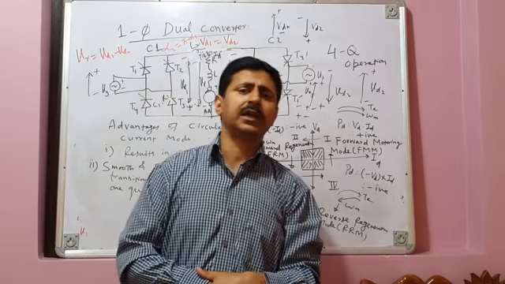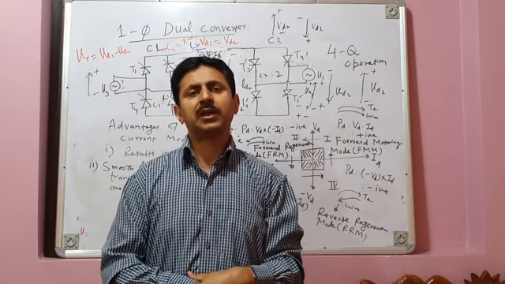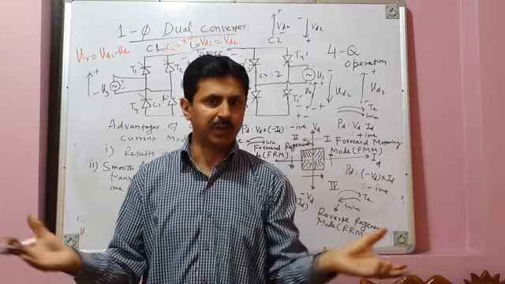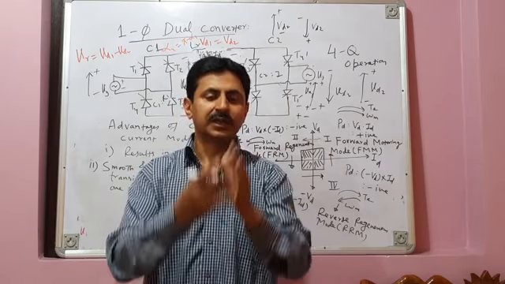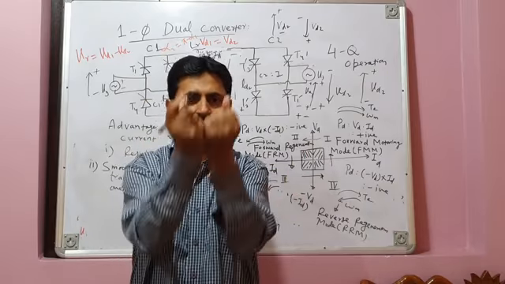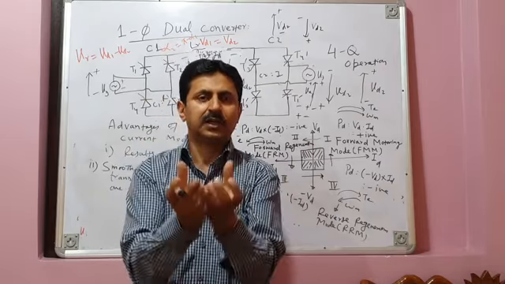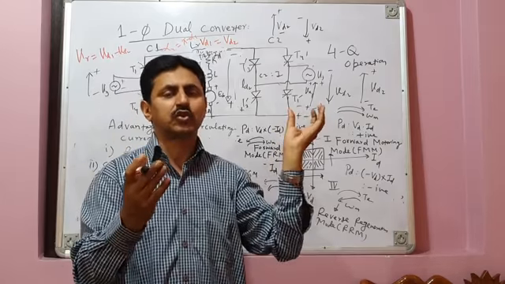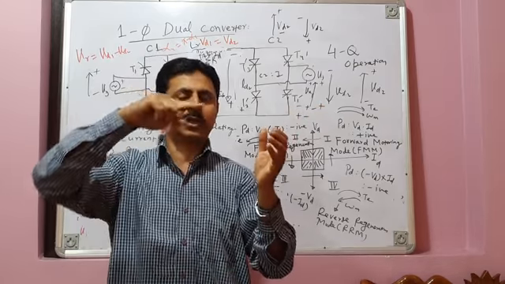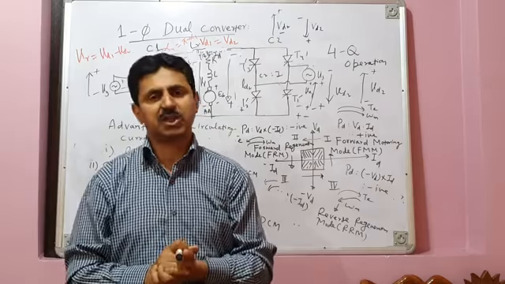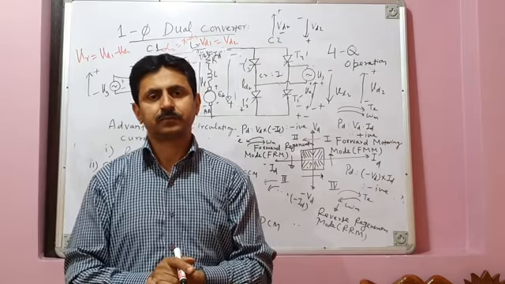Another example I gave was that of a sugar mill. In a sugar mill, for quick braking and for not wasting the braking energy, you go for regenerative braking. The machine which was operating as a motor is operated during regenerative braking as a generator, so that the generated energy is not wasted, it goes back to the source, and the electromagnetic torque acts as a braking torque and quickly stops the machine and its connected load.